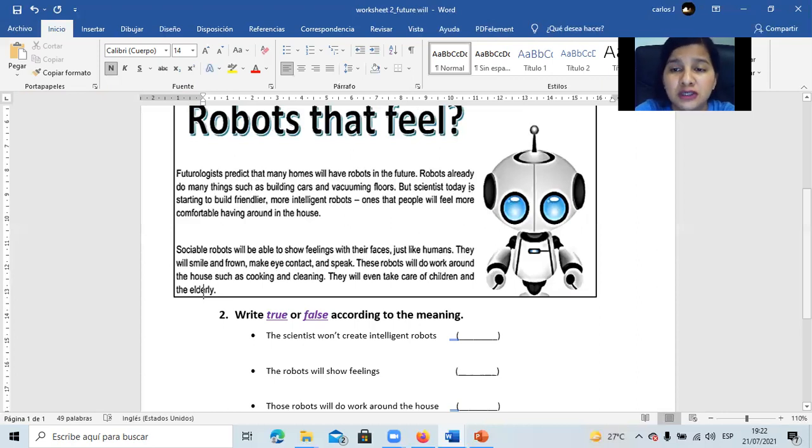Now, dear students, as you finish the activity, we are going to read aloud this text. Robots that feel. Futurologists predict that many homes will have robots in the future. Please, Carla, continue. Thank you, Carla. As Carla says, robots already do many things such as building cars and vacuuming floors. But scientists today are starting to build friendlier, more intelligent robots, ones that people will feel more comfortable having around in the house. Now please continue,